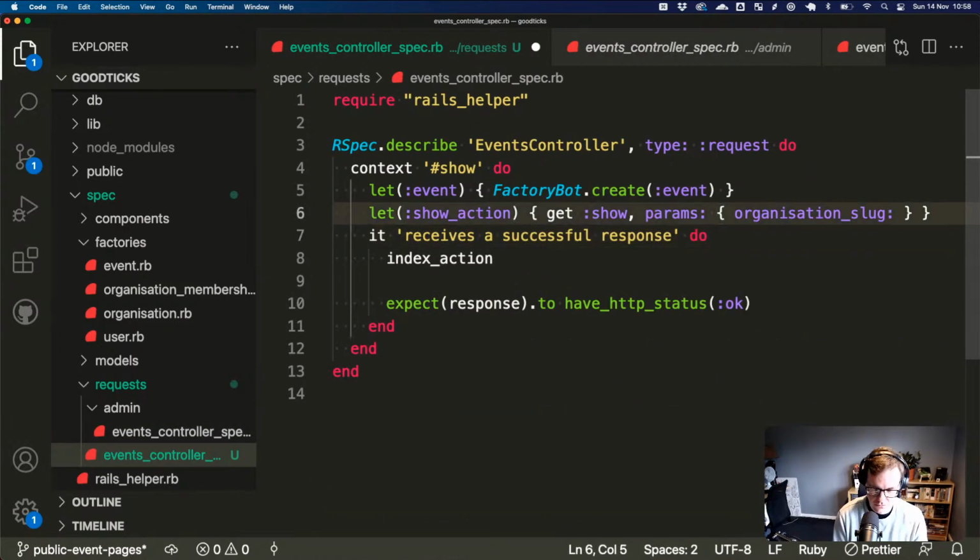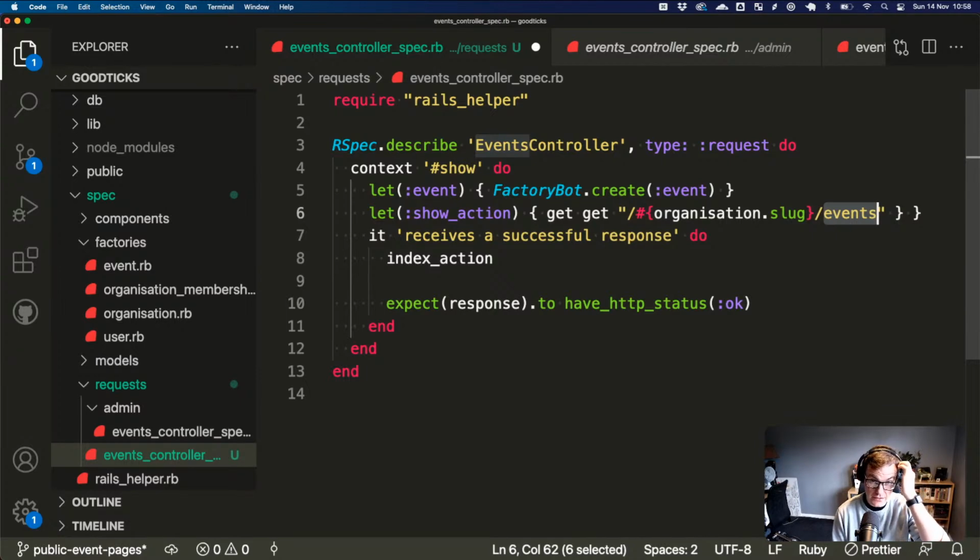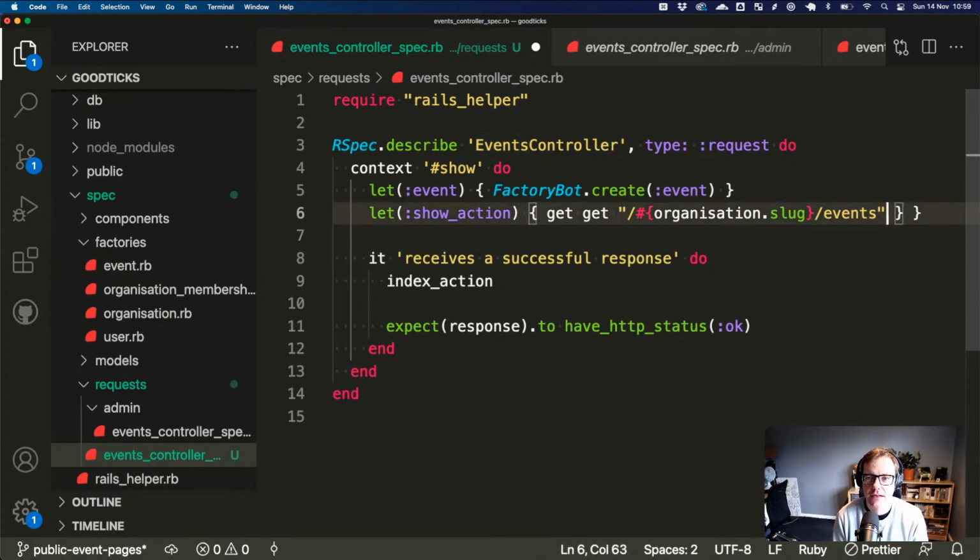So let's still get, but it's the path. Organization slug. And I guess we're going to want to add slugs to events as well. Because let's do a quick key implementation with ID. But you're not going to want to share that publicly on social media and stuff. People are going to want to have cool names, cool URLs for their events, fun run 2021 and stuff like that.